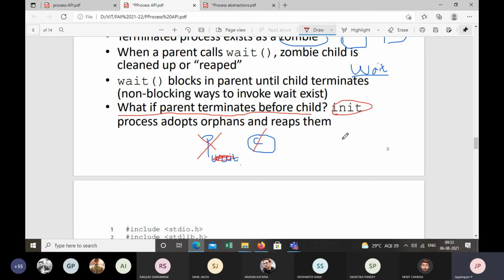That is, when you start your operating system, it first creates the init process, right? That is an ancestor for all the processes created after that. So if the parent is not available to clean the child completely, then the init process will take care of the child process, and it will reap it or clean it completely from the system.